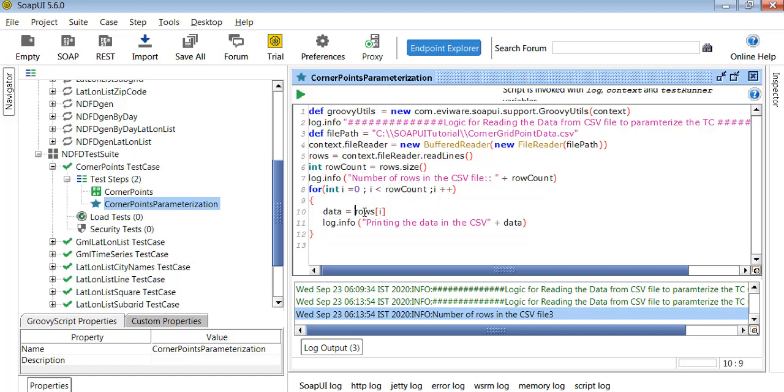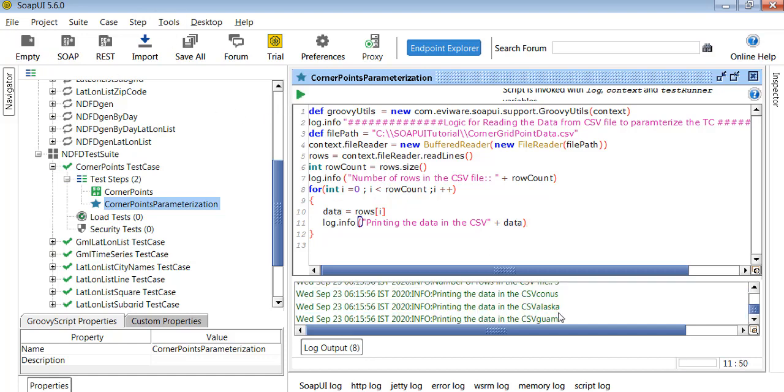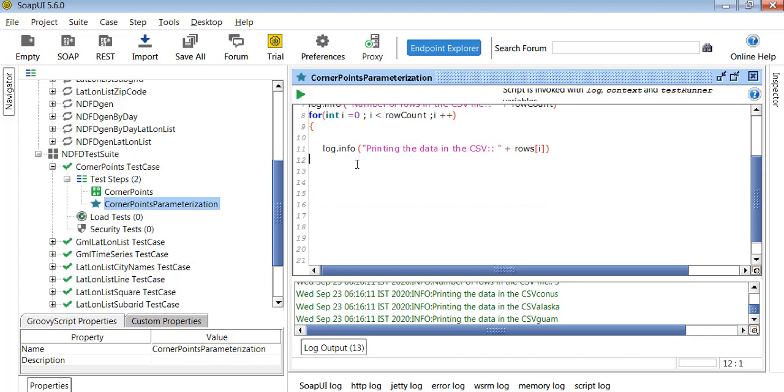So what I'm trying to do in the for loop is get the first row, store it in a variable, and print it here. Let's see what will happen now. So we're able to get the data, then I think we don't require even this data variable. Let's remove this and just put rows of I. Are we getting rows of I? Yes. So it's very simple, you don't need to process any data. There are cases where if there is a comma, a semicolon, or a space, then you need to use split functionality for the string, but here nothing is required, just the rows of I.